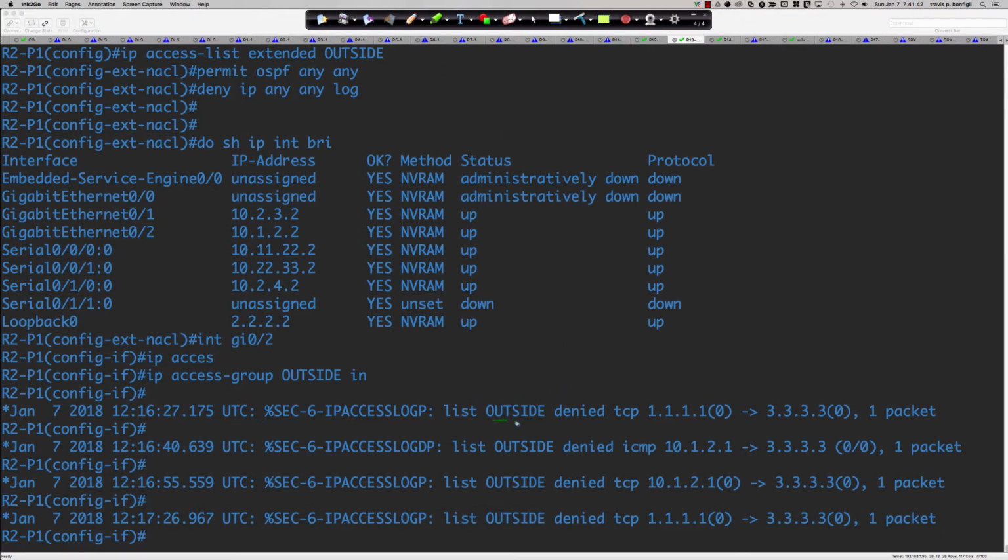The outside ACL is saying it's denying TCP, ICMP, there's the ping that was denied, and TCP, and this is going to be the 1.1.1.1 to 3.3.3.3. This last one right here is that SSH command that I just ran from router 3. The reason it says that 1.1.1.1 is trying to connect to 3.3.3.3 is because